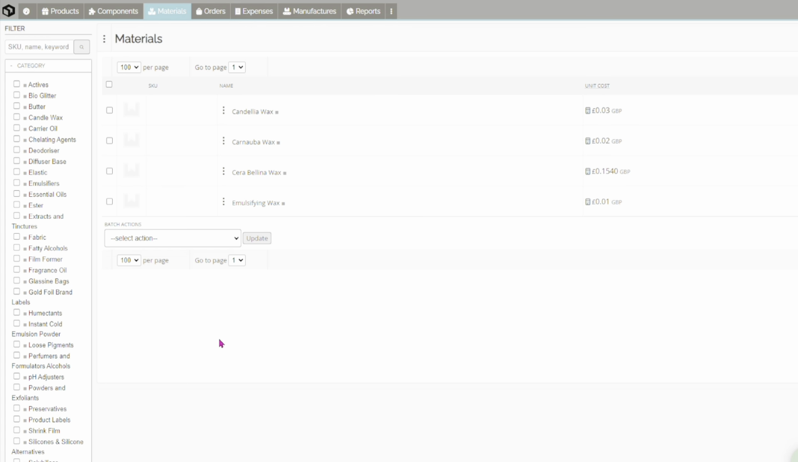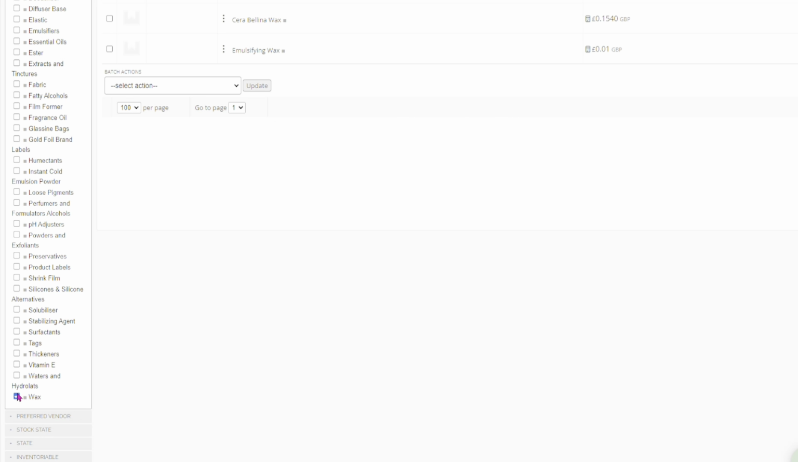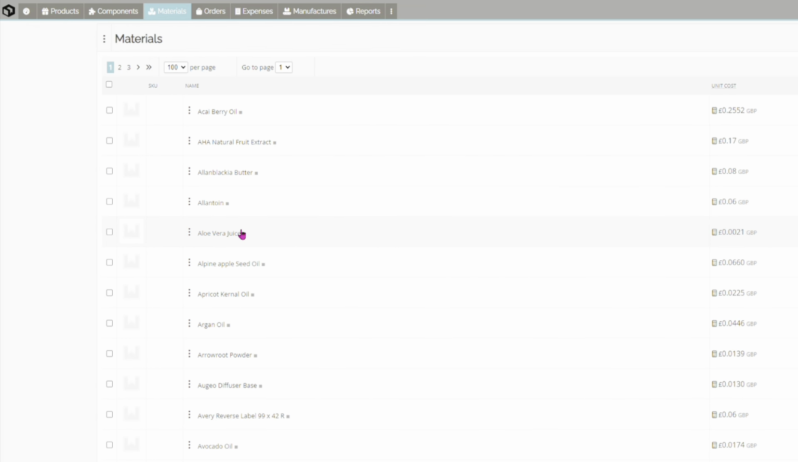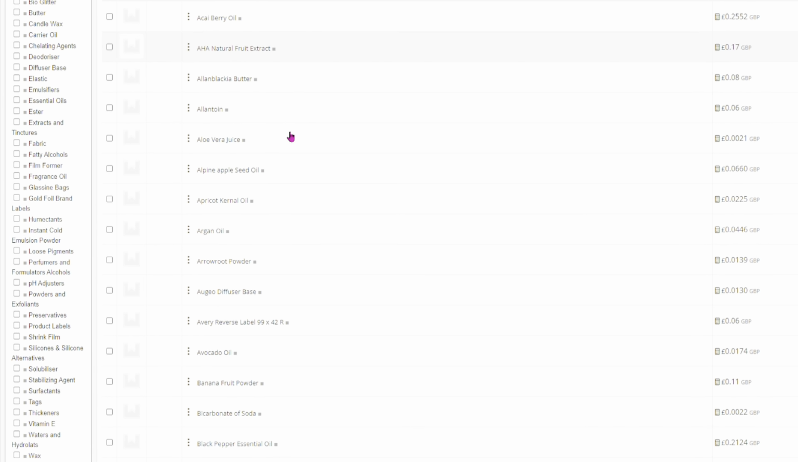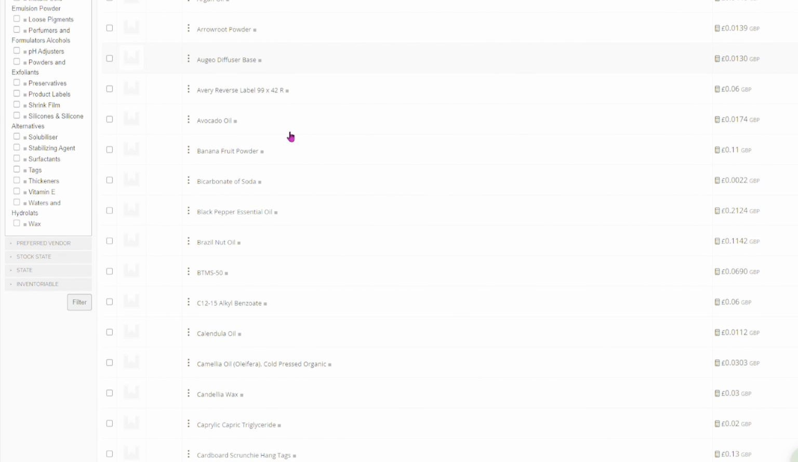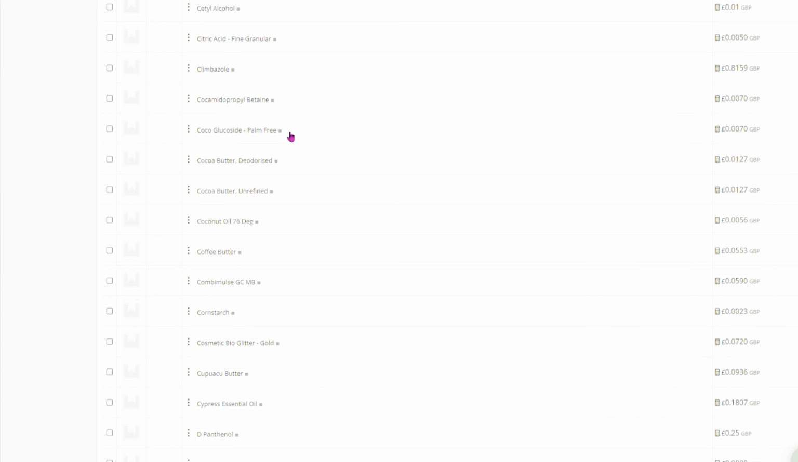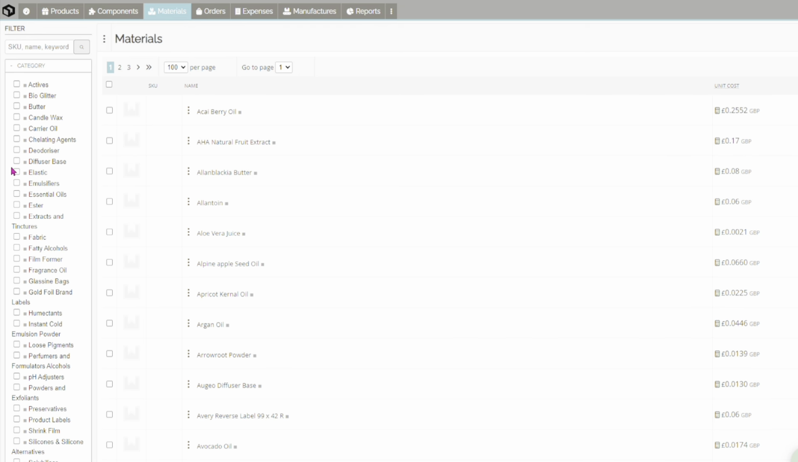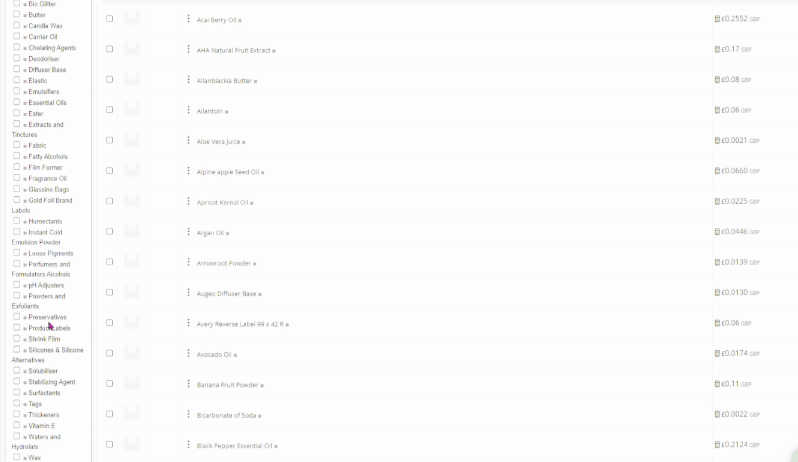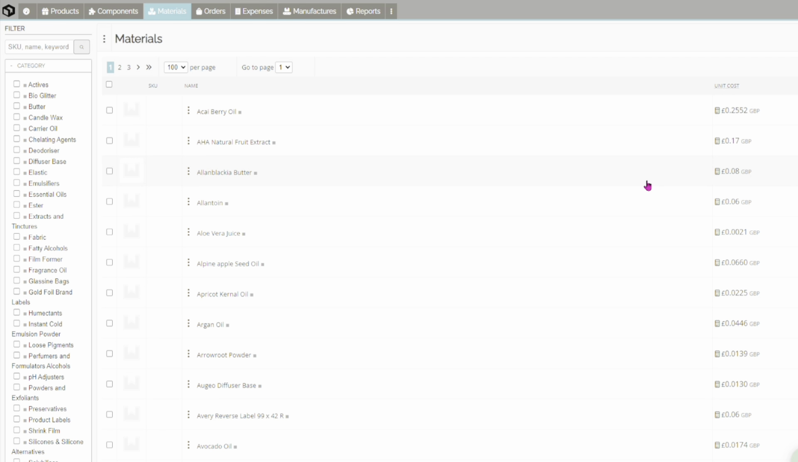Okay, so this is basically our materials, and if we want to filter out wax and show everything, we can just untick that and click filter again, and then you'll see everything pop up. And then you can scroll down and everything is in alphabetical order, so it's easy for you to find, and then you'll have all your categories, no matter how you organise it, all down the side so you